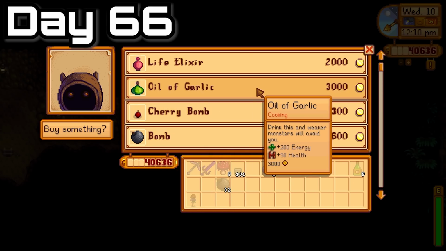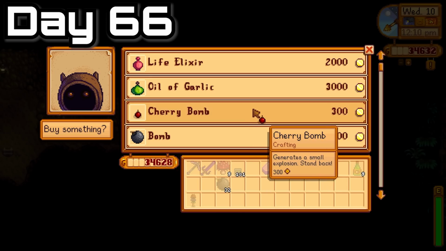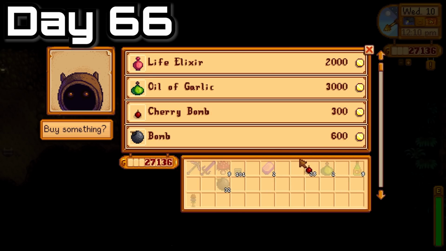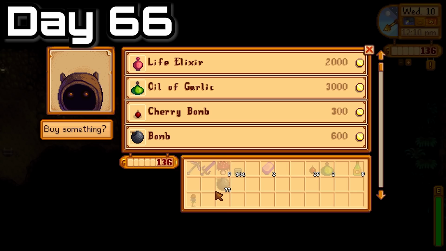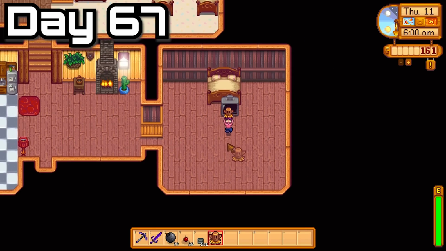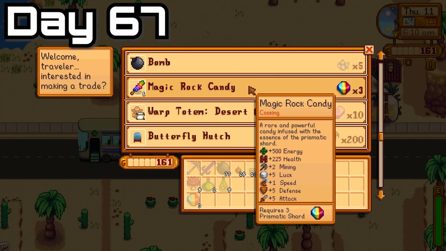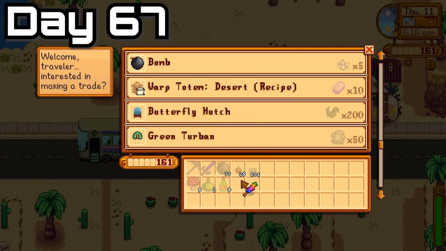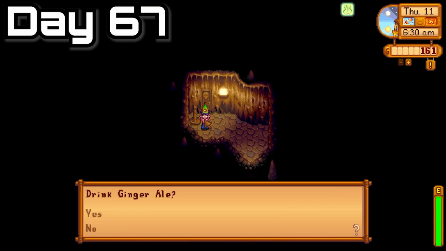I also go to the dwarf and I purchase a Rarecrow. I also purchase an Isle of Garlic for defensive purposes. I'm going to make some cherry bombs here as well, and I'm also going to purchase lots of regular bombs. So, a huge influx of cash spent on the Skull Cavern preparation. Hopefully it's going to pay off. I also purchased the Magic Rock Candy today because it's Thursday, Magic Rock Candy Day. So what I do is I take some consumables before I go into Skull Cavern,